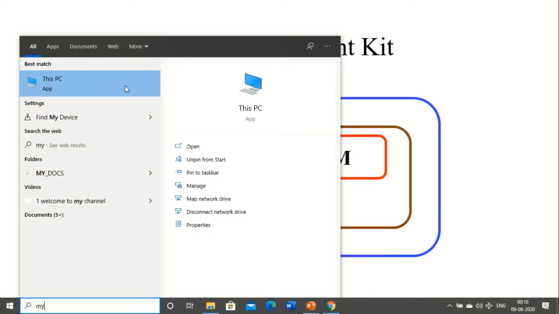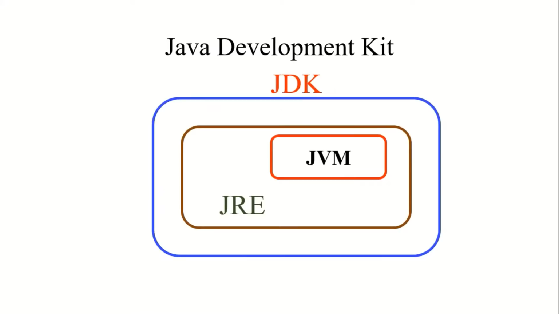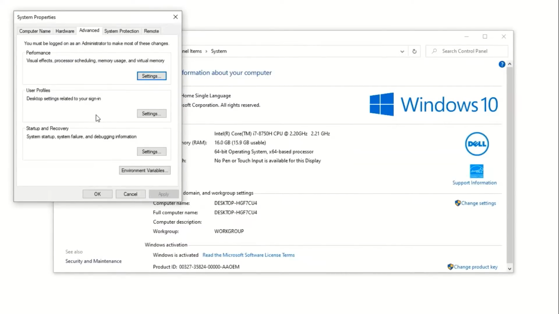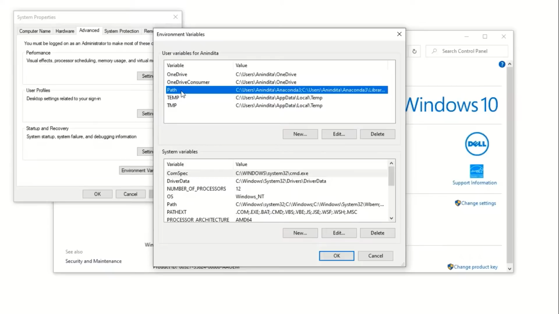For setting a class path, right click on This PC. Select Properties. Click on Advanced System Settings. Under Advanced tab, click on Environment Variables. The Environment Variables window pops up. Select Path under User Variables.